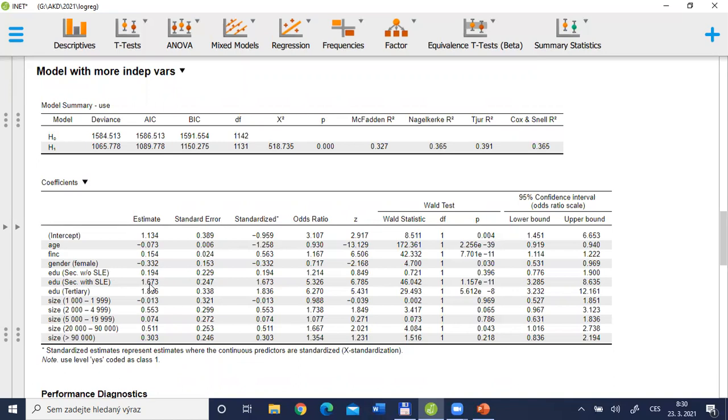So for all of these categories, odds or probability to use the internet is higher. You can see also that these coefficients are quite different. The first one is quite small, close to 0, but the second one and the third one are quite big. If you recompute these estimates, so it means these coefficients in logit scale, into odds ratios, you